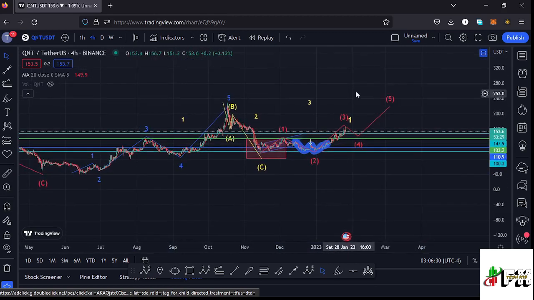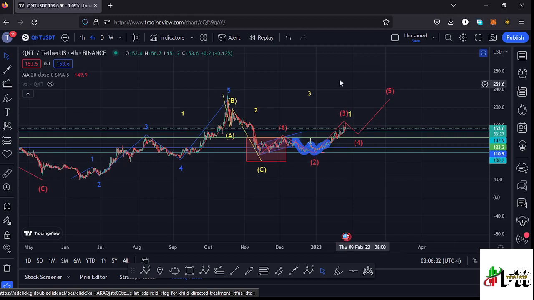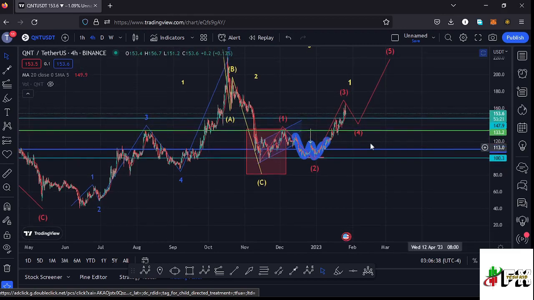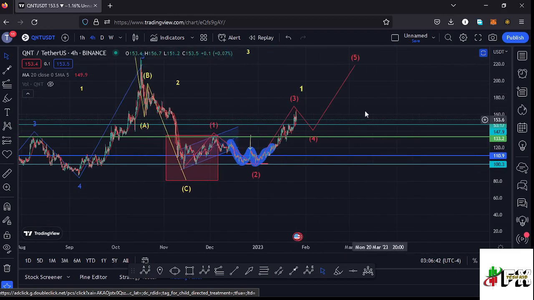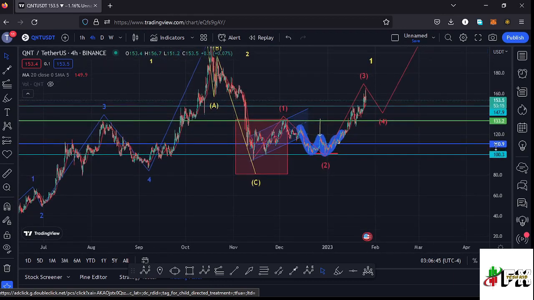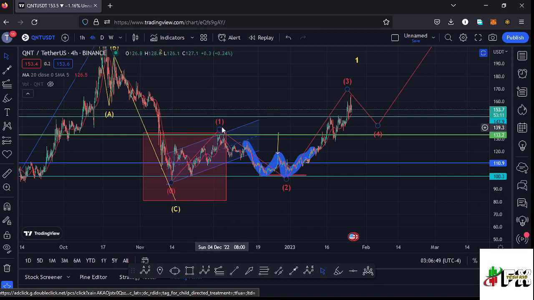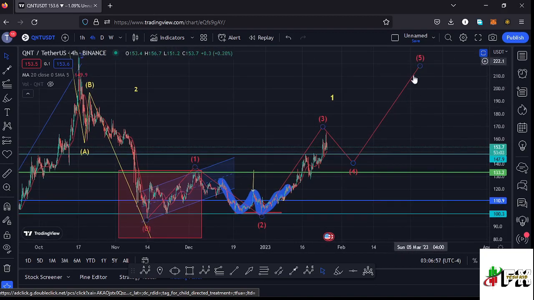And getting to the short-term scenarios based on the formation of this higher Elliott wave count 3, which is an impulsive wave, and because of its impulsive nature, we also expected to see a 5-wave structure in formation within that higher Elliott wave count 3, and I believe that is what is playing out over here, where you can see that I have this Elliott wave structure in red, having that as the first wave. Then we saw a wave 2, and I believe whatever we had been seeing over here is the formation of a wave 3